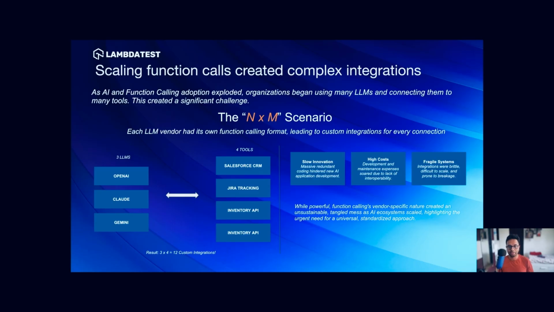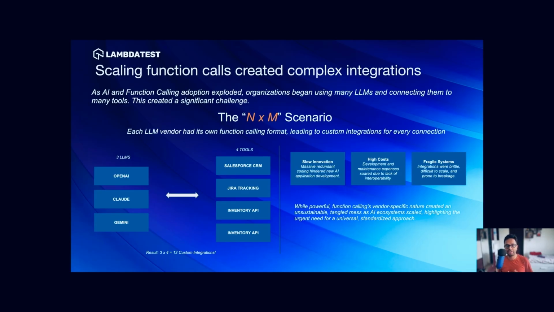To give an example, let's say you have 3 LLMs. Your organization has adopted AI, you are running multiple use cases, and you have 3 large language models you use for 3 different purposes. And that's true, because every large language model can't do all the work the way you want. For example, in my opinion, Claude does a very good job of writing code. If you try to write code using OpenAI models, it doesn't matter if you're using the larger models of OpenAI, it might not do the same critical thinking when it comes to writing code, right?